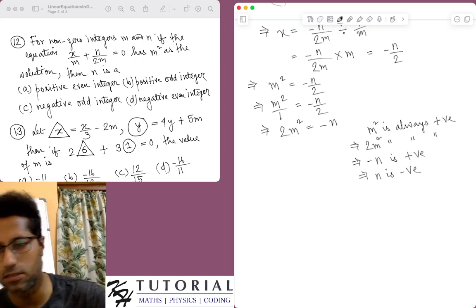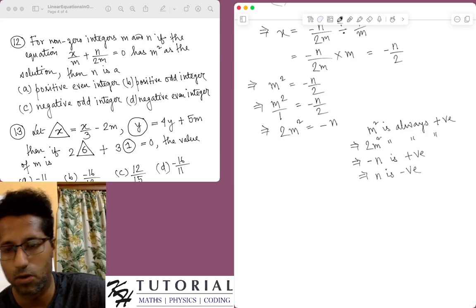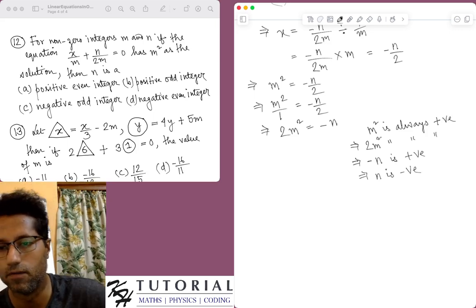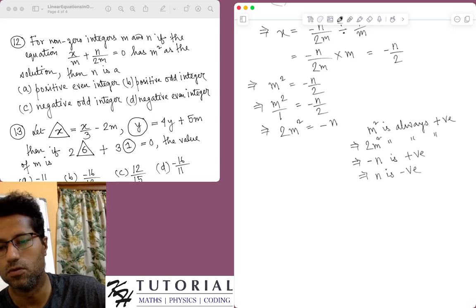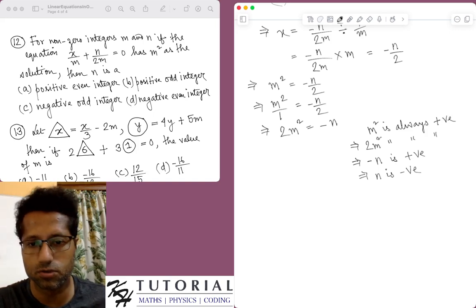If minus n is positive, definitely n has to be negative, because if n is positive, then a negative times a positive is negative. So n has to be negative; minus n means minus 1 into n. Now n has to be negative, but also see that